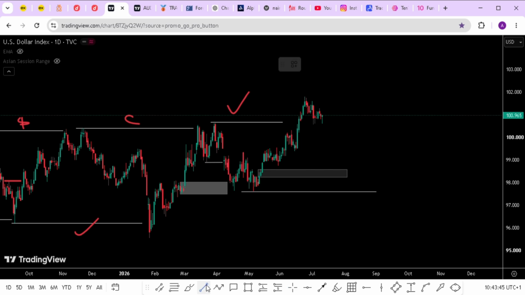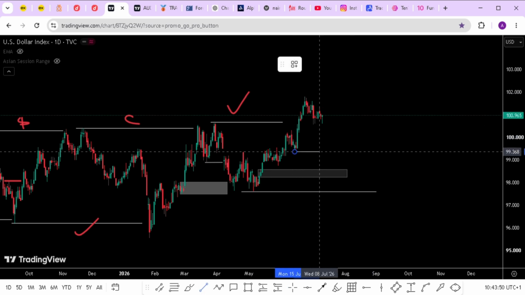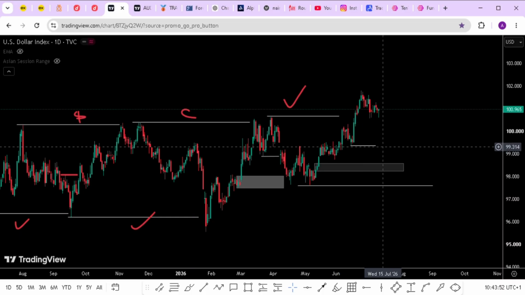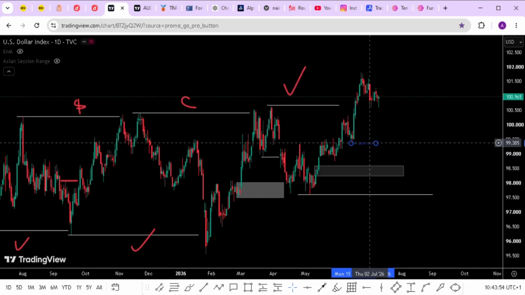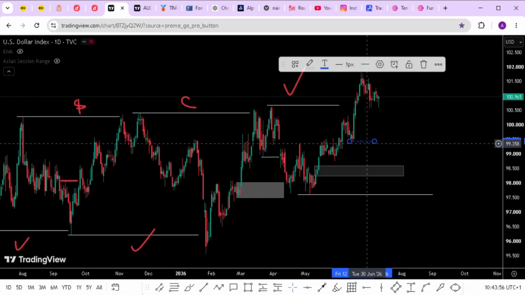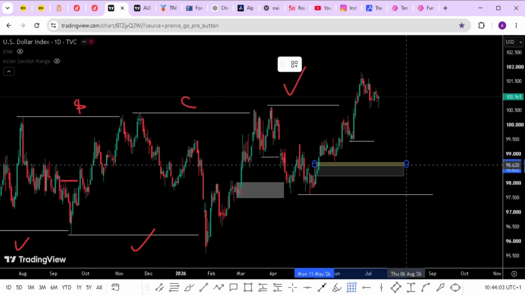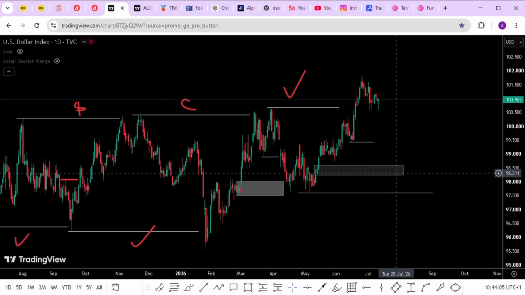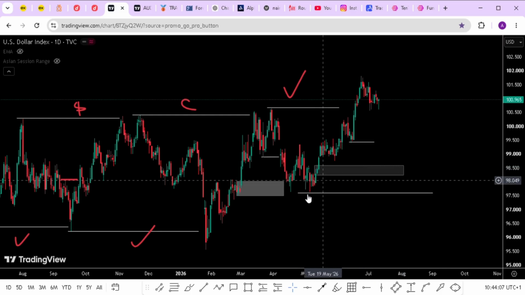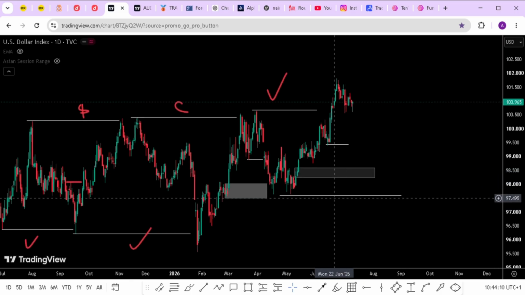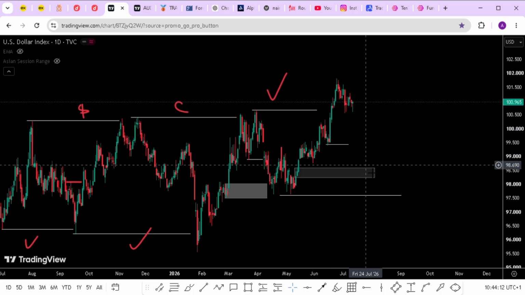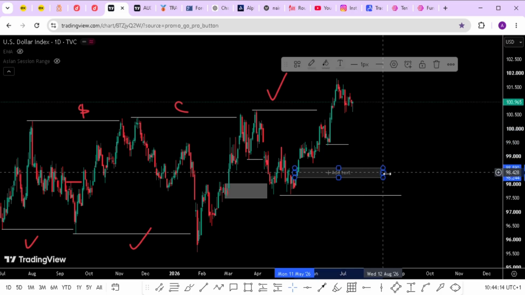If I'm to mark it, what are we expecting? This is our major liquidity point. So DXY is likely going to come here and use this as an inducement. Then this is the only other order block available, and as you can see, it's because of this fair value gap here. That's why this order block is valid for us, and it's also like an extreme. So if we see DXY coming to this level, we should not be surprised.